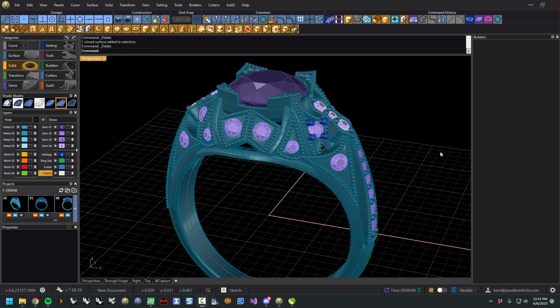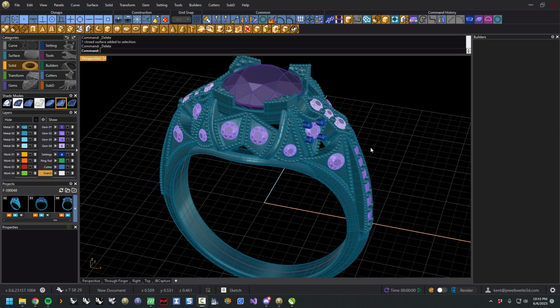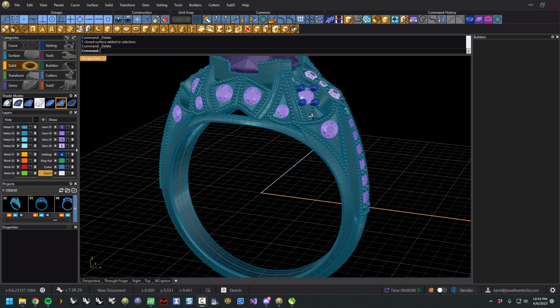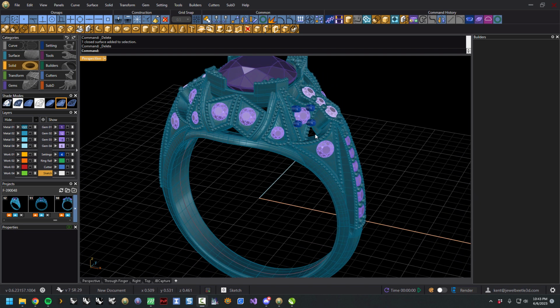Okay, so here's another example, and I've got this ring here, and I need to get some prongs on these gems. I've got some prongs here that I did with Prong Builder, and they're kind of just sitting there, and I want to work on some of these. So what I'm going to do is,